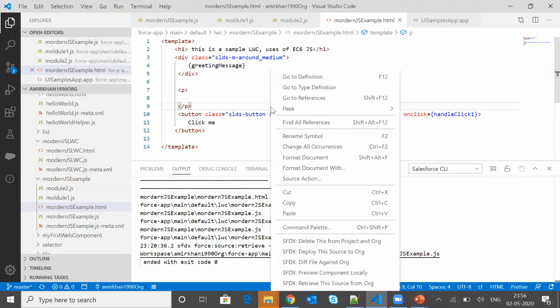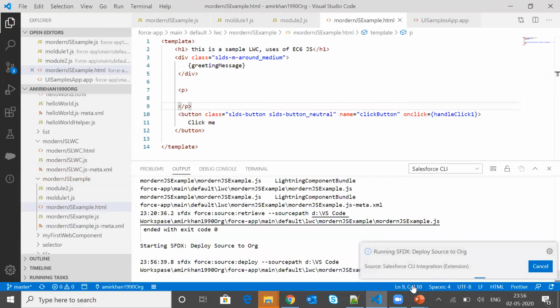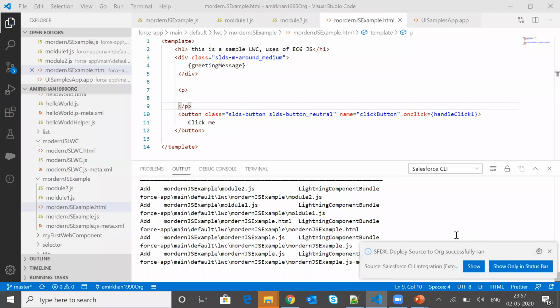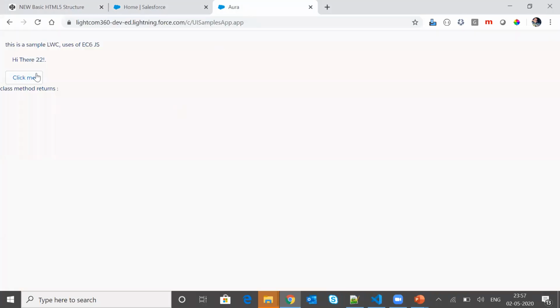Now I am going to deploy my source code to my org, and let's wait for the source code to get deployed successfully. So our source code got deployed to the org successfully. Now let me go back to my browser, refresh and check our method.